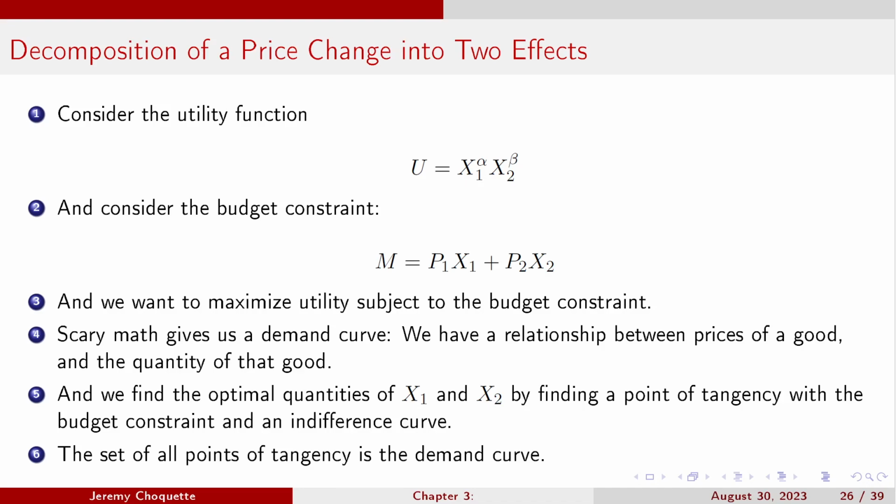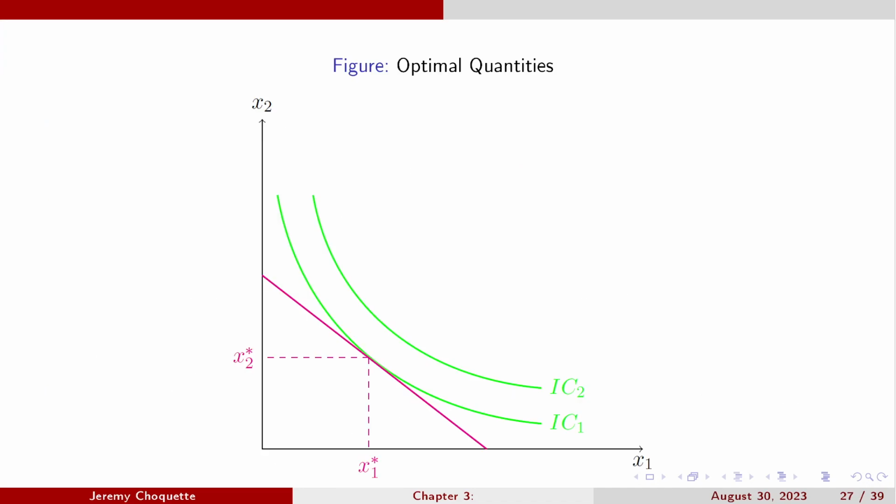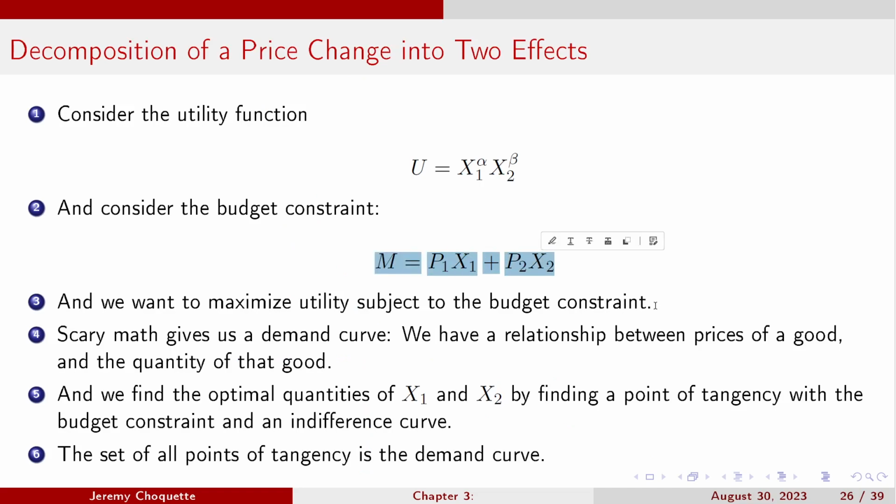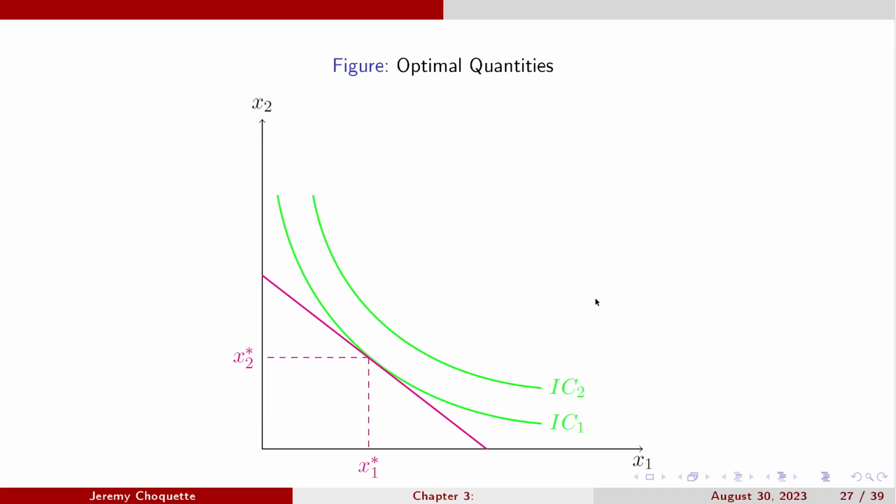And to do that, we need to get the optimal quantities of X1 and X2 by finding a point of tangency within the budget constraint. And that point of tangency is really going to be what tells us about the substitution bias. So this point of tangency, right, this pink line, this is the budget constraint. This is this guy right here, plotted out. So when we plot that guy out, where it touches this curve at only one point, that's the point of tangency. And at this point, this is going to be the optimal amount of X2 and the optimal amount of X1 that we're going to want to consume.